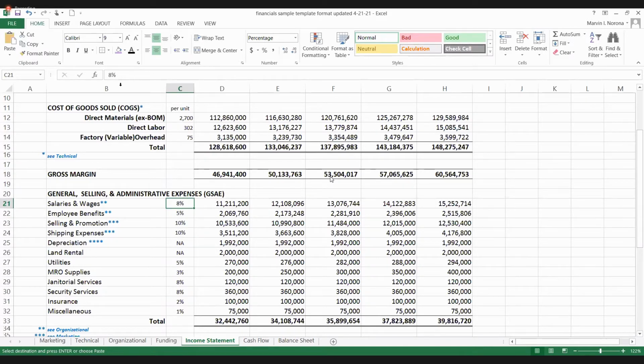So pag example, pinaltan mo ito ng 5%. Gagalaw lahat yun. Okay. Itong employee benefits, galawin mo ng mga example lang. 2%. Gagalaw lahat. So lahat ng assumed increases